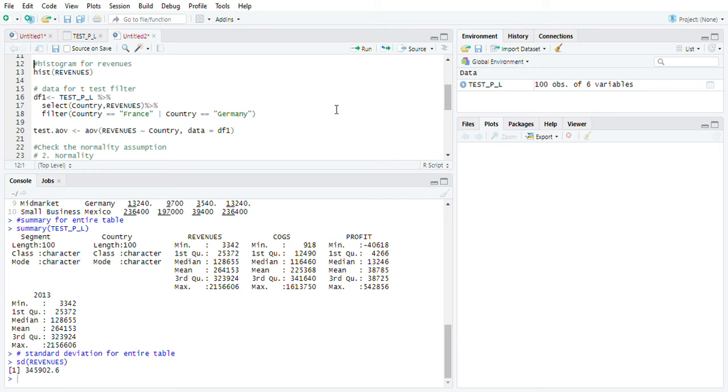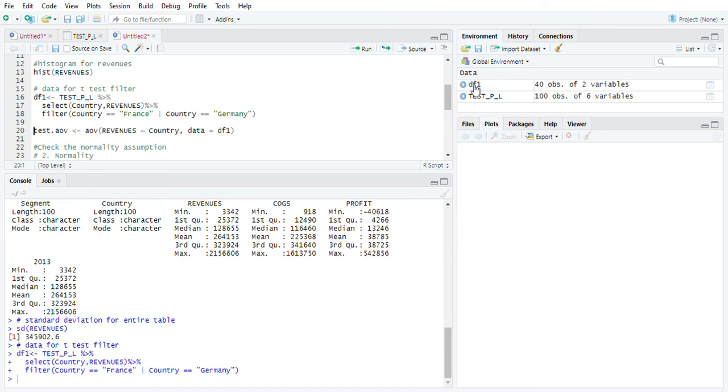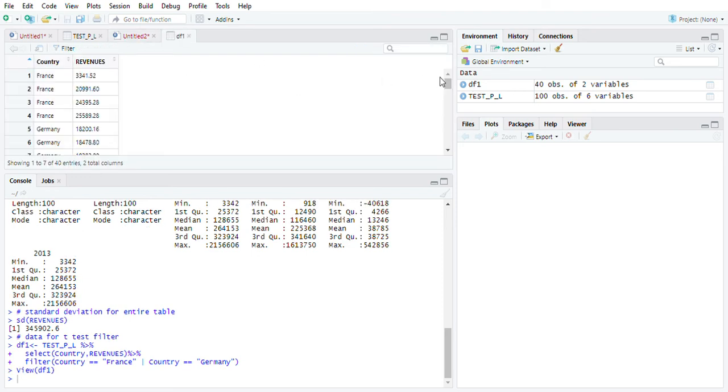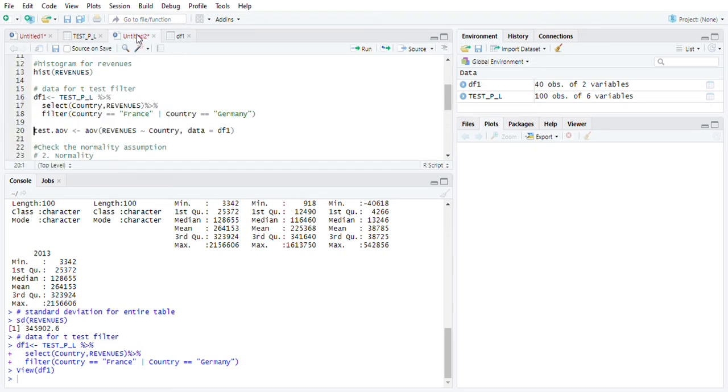Now, if I wanted to create a data frame and select the country and the revenues, I can. And I can filter on the specific country. This is the code to do that. I'm going to hit run, and I'm going to call it data frame 1. And it shows up in the global environment. If I click on it to view it, I should only have Germany and France, which I do have. Now I'm going to call this again, data frame 1, hit run,